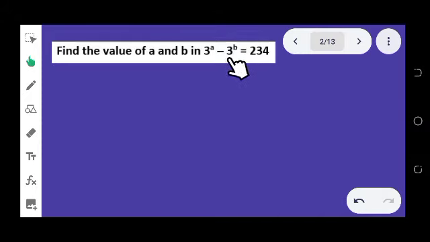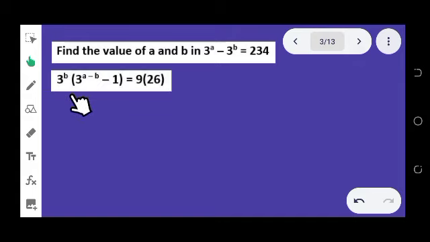So in this case, let's try to factor out 3 to the b from the left side. That becomes 3 to the b times 3 raised to the power of a minus b, because when you factor out 3 to the b from 3 to the a, that means you divide 3 to the a by 3 to the b, and that means you have an exponential expression with the same base being divided. That's why you just copy the same base and subtract the two exponents. Minus, since 3 to the b has been factored out, that means we are left with 1, is equal to